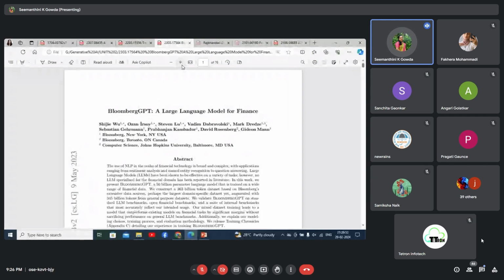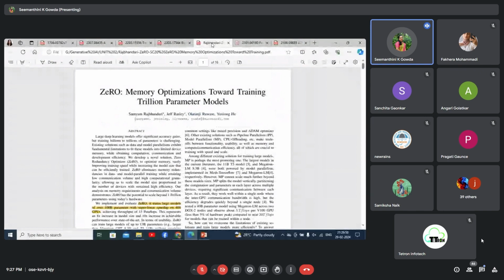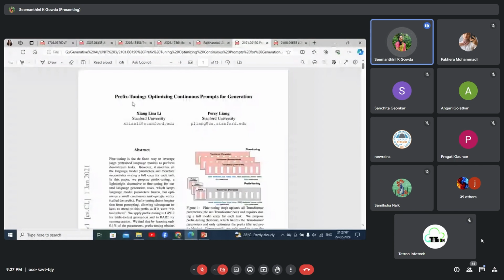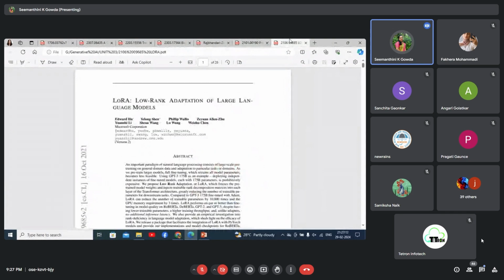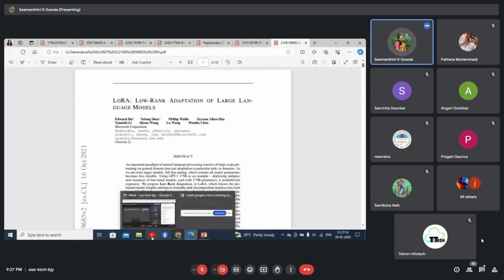And we have BloombergGPT, which is mainly used for finance. And we have ZeRO optimization. That is what I was talking about, the distillation process, pruning and all. That is the paper given by ZeRO. And for pruning, we have some other papers. And this is for low rank adaptation. By using all these, I have done some slides. And we have